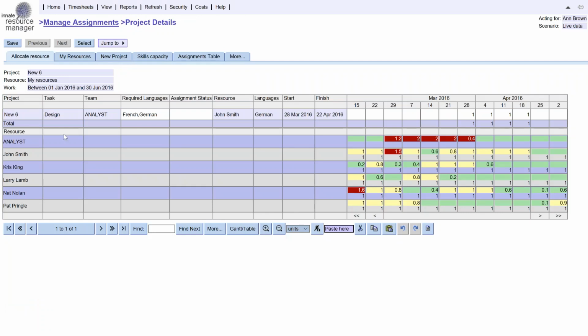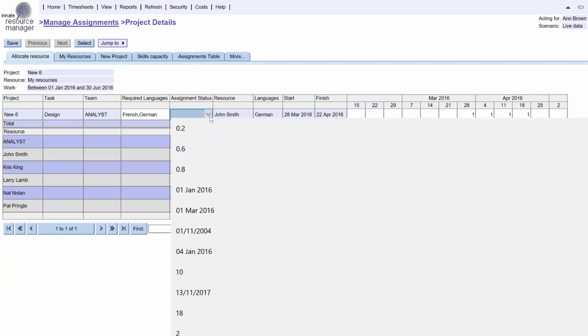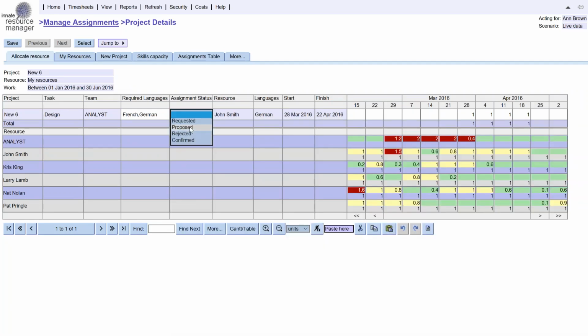The situation now then is that that work has been given to John. You can see there John's been shown that, and we're also showing in this upper pane here both what the requested competences were and what his competences are. In other words, the competences of the proposed person, and we can just change that there, that status, to proposed, and save that off, and that now completes that allocation. So those are the two different ways in which the system can help the team leaders search for and allocate people to